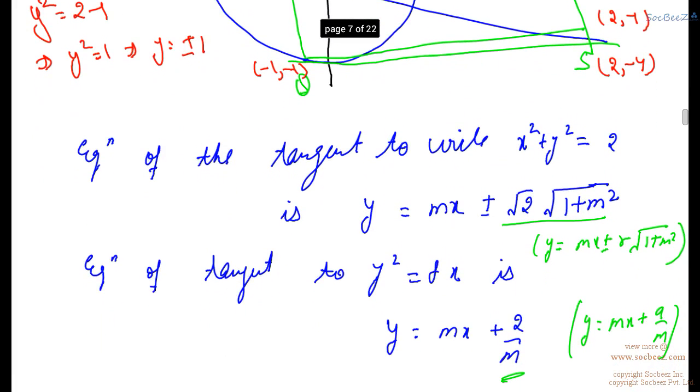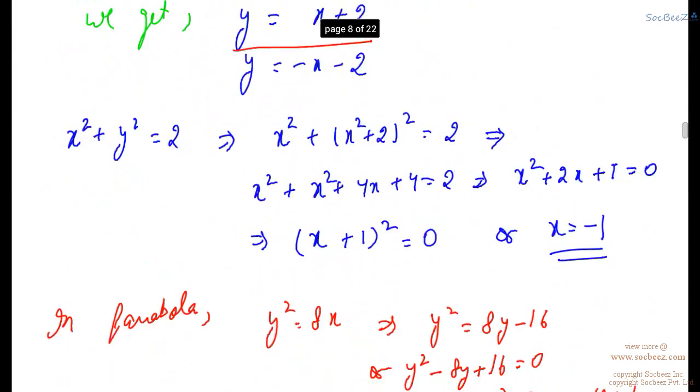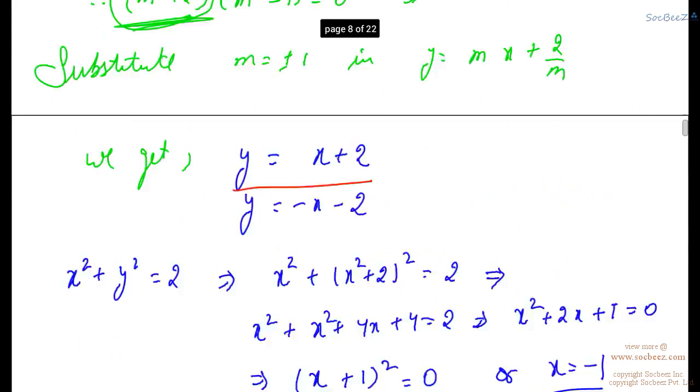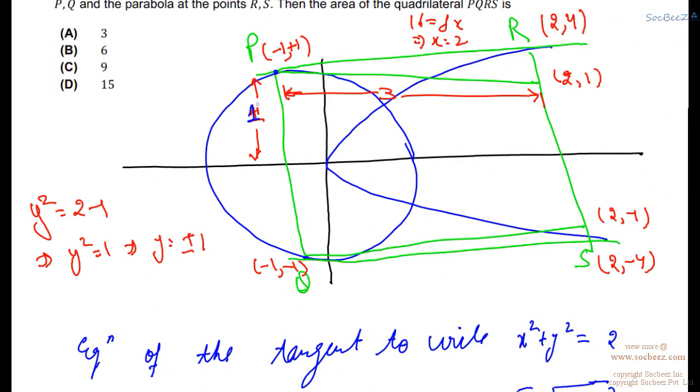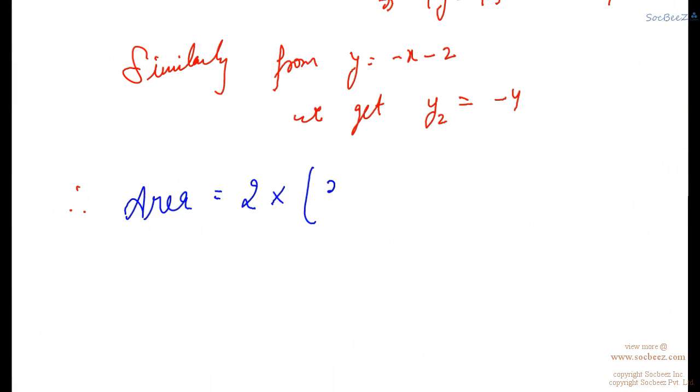Therefore the area is going to be 2 into... since this is 1 unit here, the lower region is just the mirror image of the upper region in the case of PQRS. So we are going to just calculate the area of the upper region, and then simply multiply it by 2 to get the area of the full quadrilateral. So the area is going to be 2 into 3 into 1, that is the area of the rectangle,